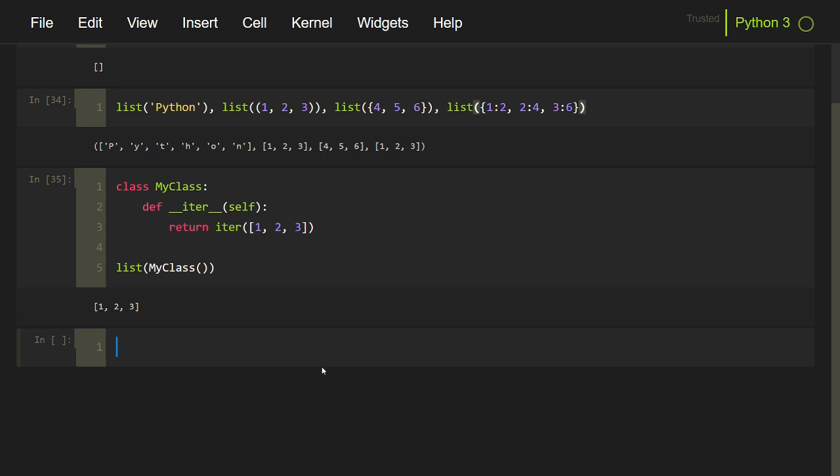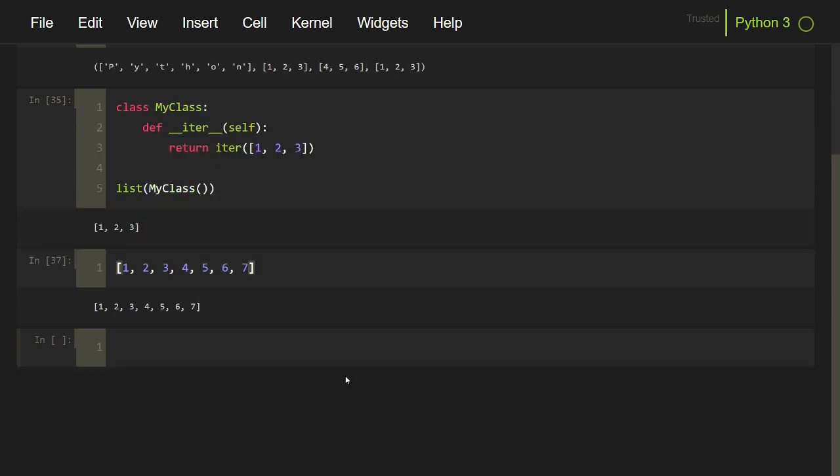Another way to create a list is by the roster method, in which you enlist all the elements inside square brackets separated by comma, like this: 1, 2, 3, 4, 5, 6, and the list can go on. And it will return the list format like this. But this is too much code to write, and it is impractical if the list is, say, hundreds or even thousands of elements large. Another way to create lists is by using a list comprehension.